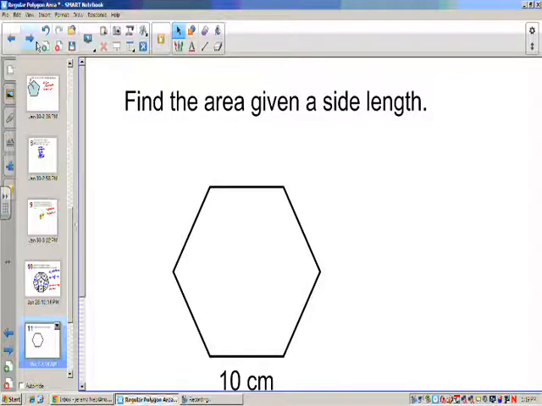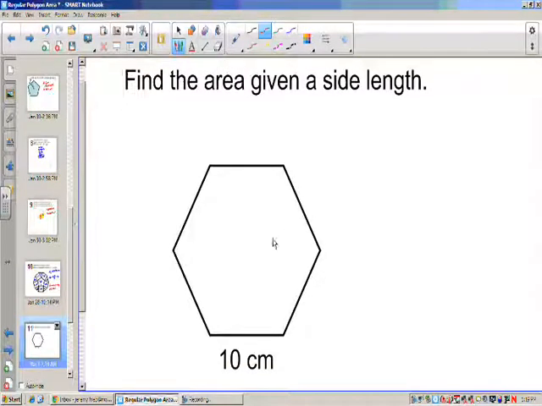Now, if we're given even less information, let's see if we can figure this out. We want to find the area of this shape, this hexagon, given only a side length. So if I put this in the middle, connect these to each side, then if I did this to all of them,